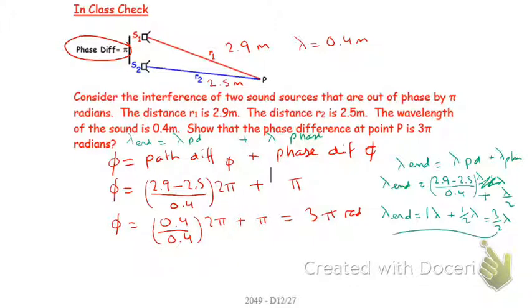I can convert this, so 3 over 2 lambda equals 3 over 2 times 2 pi, which equals 3 pi rad. So that is the same as that, because it's the same problem. We're just doing it in two different ways. So my advice is, especially when you begin, pick one of them. I'd pick radians and stick to it, or I'd pick wavelengths and stick to it. And then do the conversions to go backwards and forwards.